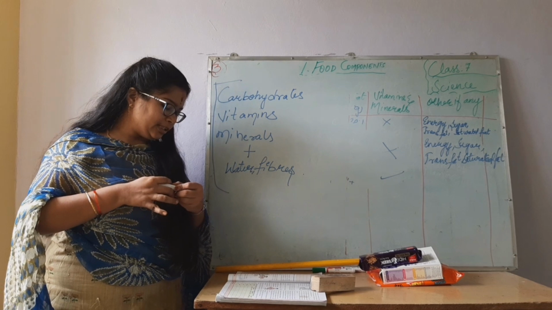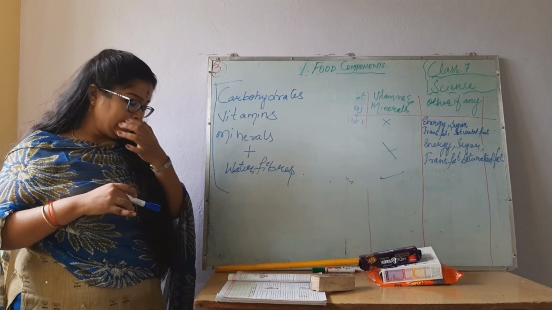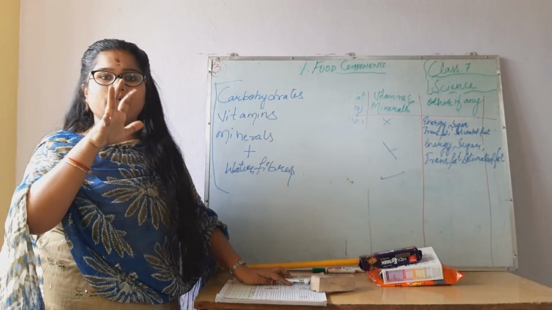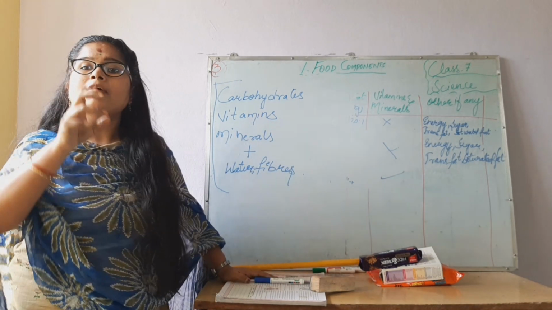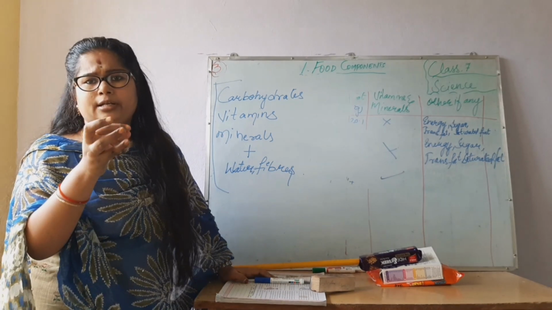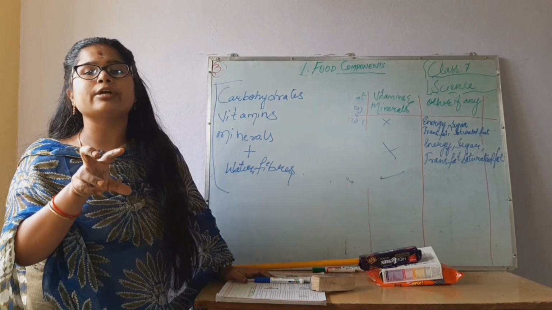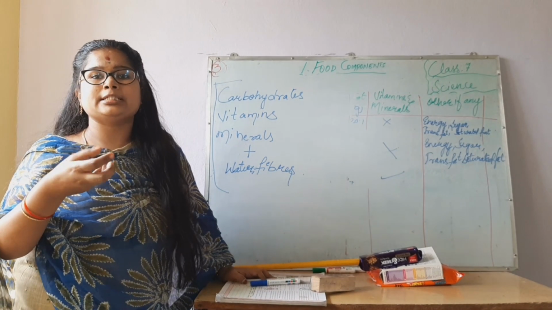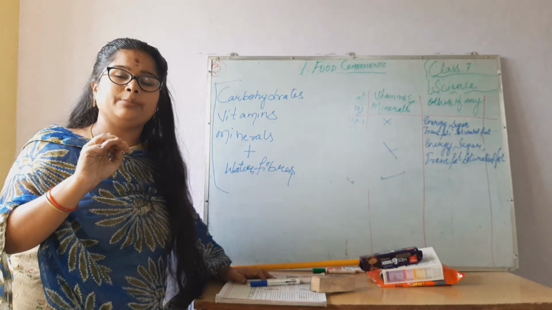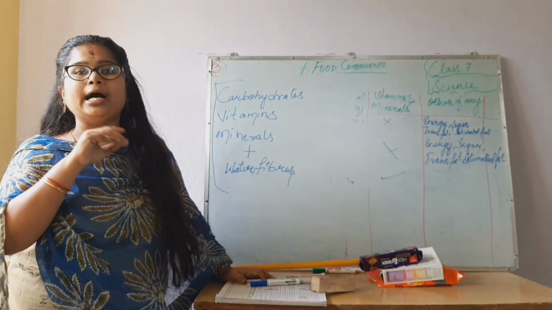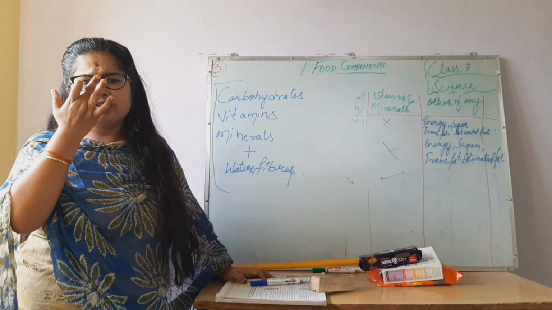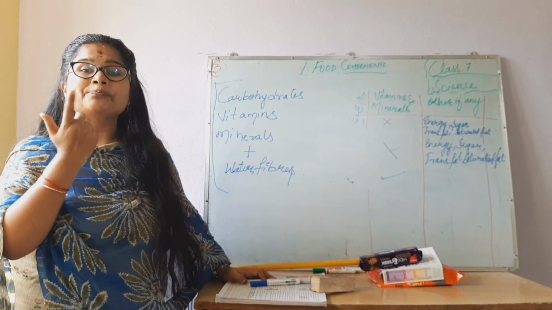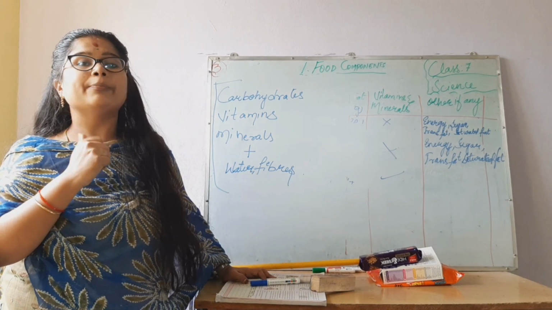The components present in food substances can be tested easily through simple experiments. See, our packed foods have something written on the back, because they have already tested that 100 grams of that biscuit or something, how many components and how much of them there are. If we don't know, we can't do that much research, but with simple small experiments we can test our food items and see what components are there.